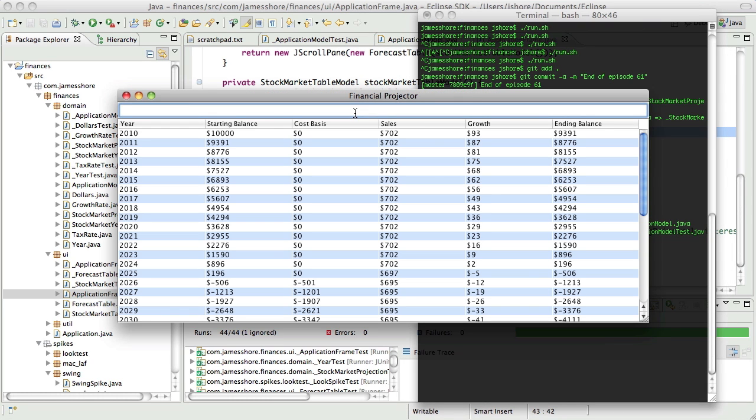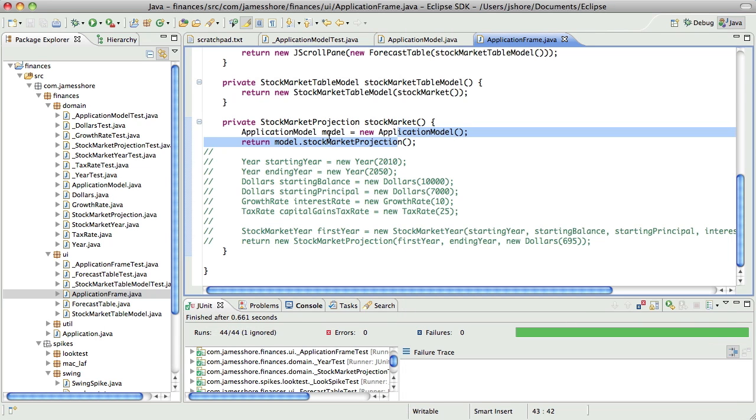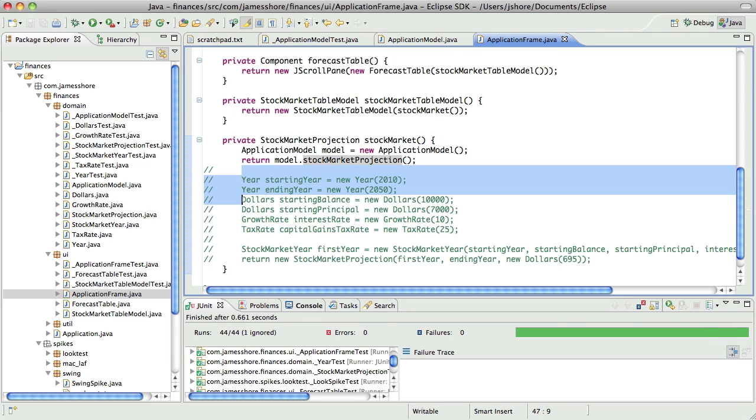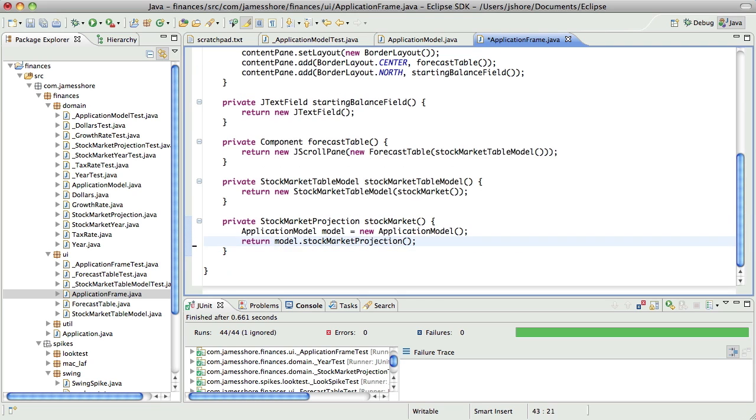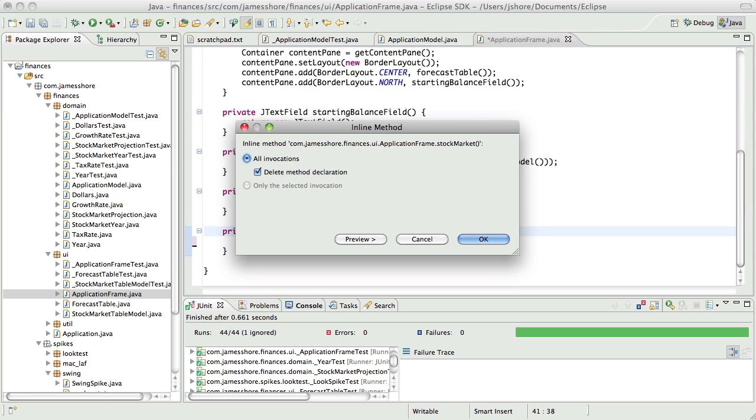All right, the values are all different because our defaults are different, but it's still more or less working. So that's cool. We can get rid of this now. We can inline this, and we can even inline this.